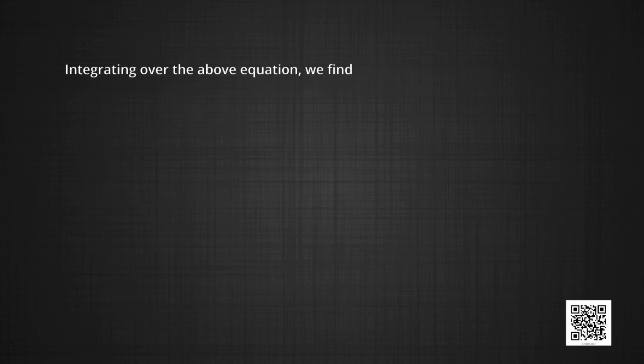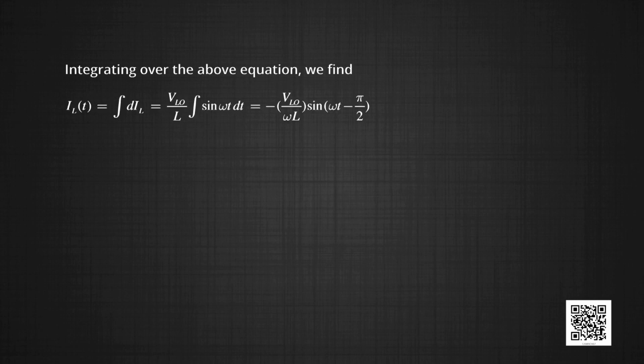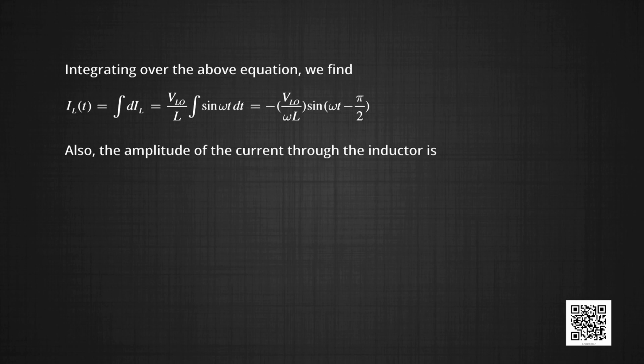Integrating the above equation, we have I_L(t) equal to the integral of dI, that is V/L times the integral of sin omega t dt, which comes out as minus V/(omega L) cos omega t, since we know the integral of sin omega t dt is minus cos omega t, that is equal to V/(omega L) sin(omega t minus pi/2). So, the amplitude of the current through the inductor is I_L equal to V_L divided by omega L, which is V_L divided by X_L,